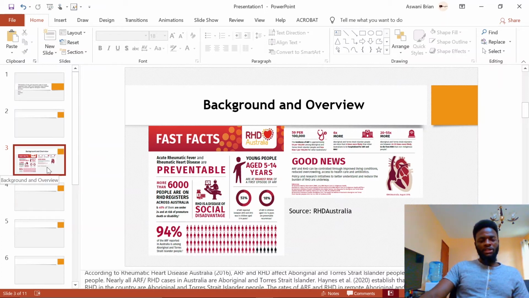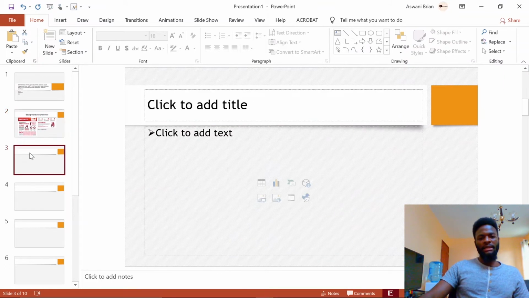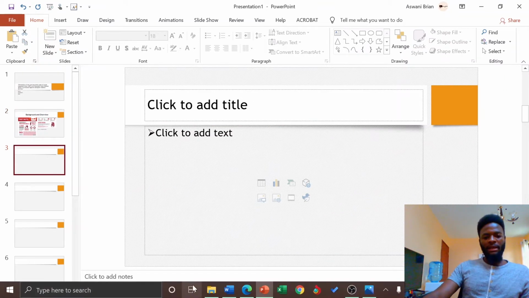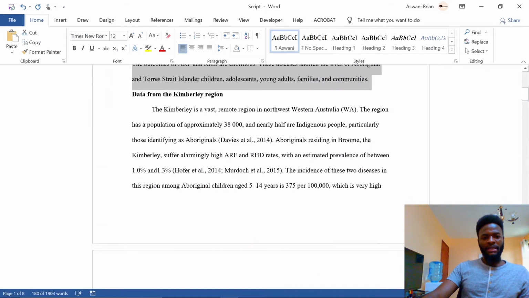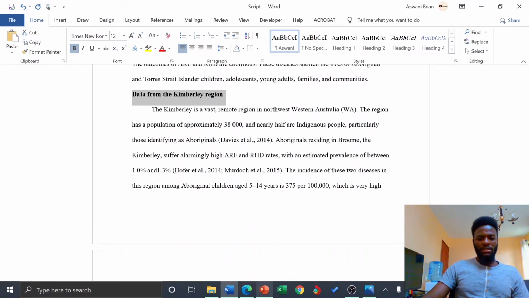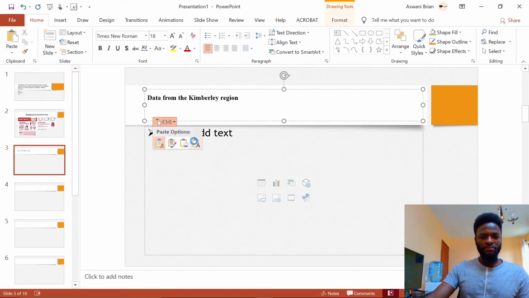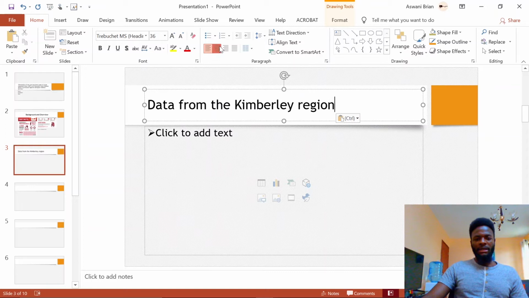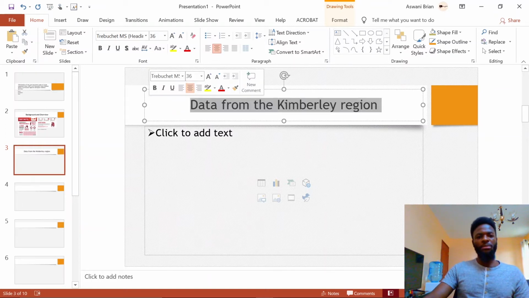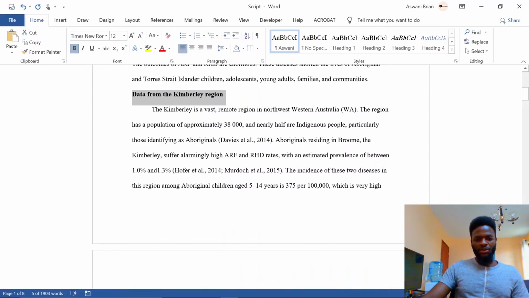So I wanted this to be my first slide, so I'll just delete this so that I have that as my first slide. So the second slide, I wanted to include data from the Kimberley region. So I'll just copy that title and paste the title here. So I said my titles, I want them to be bold and centered. So here I'll decide which points to include. In this case, I want to pick,